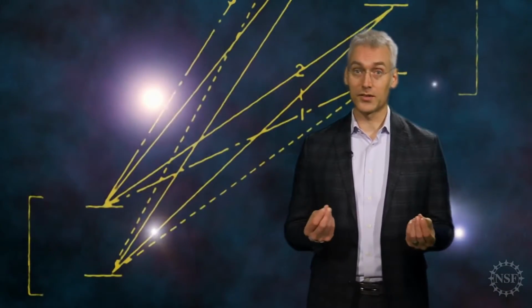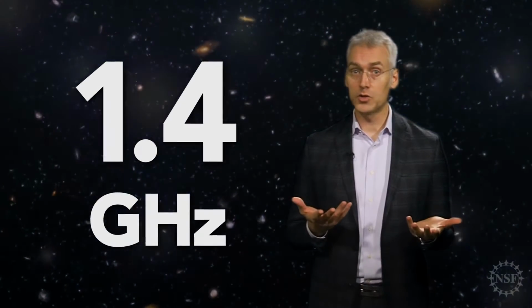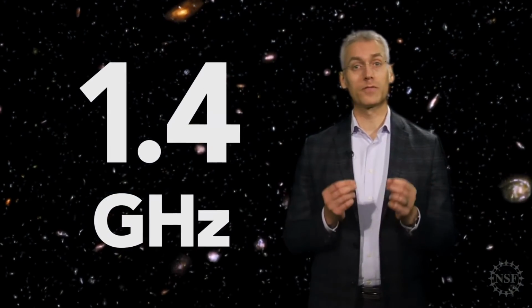Before the first stars, the universe was dark, cold, a tenuous and unlit gas of mostly hydrogen awash in a sea of background radiation, a cosmic afterglow from the Big Bang that included some radio waves. Astronomers theorized that starlight from the first stars to light up the universe would excite this hydrogen gas and cause it to absorb the surrounding radio waves at one particular frequency. Problem is, due to the expanding universe, this absorption would be observed at some lower